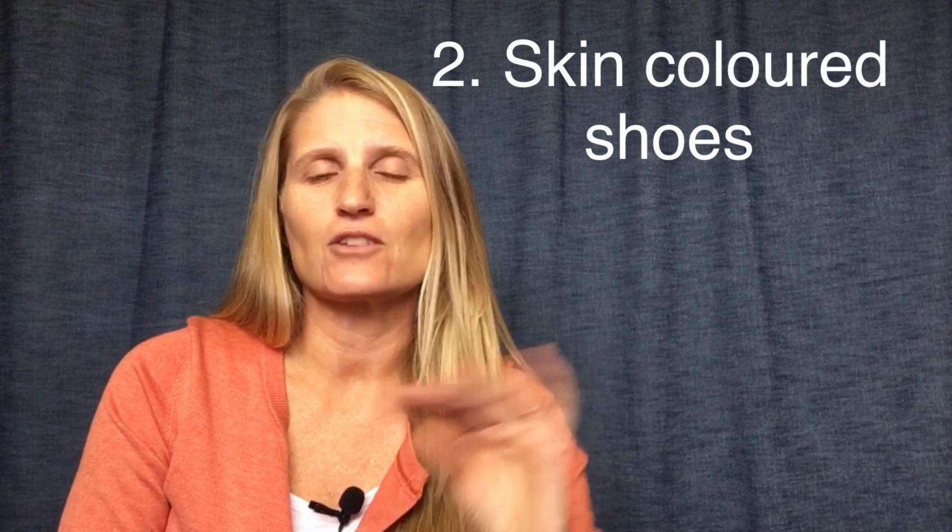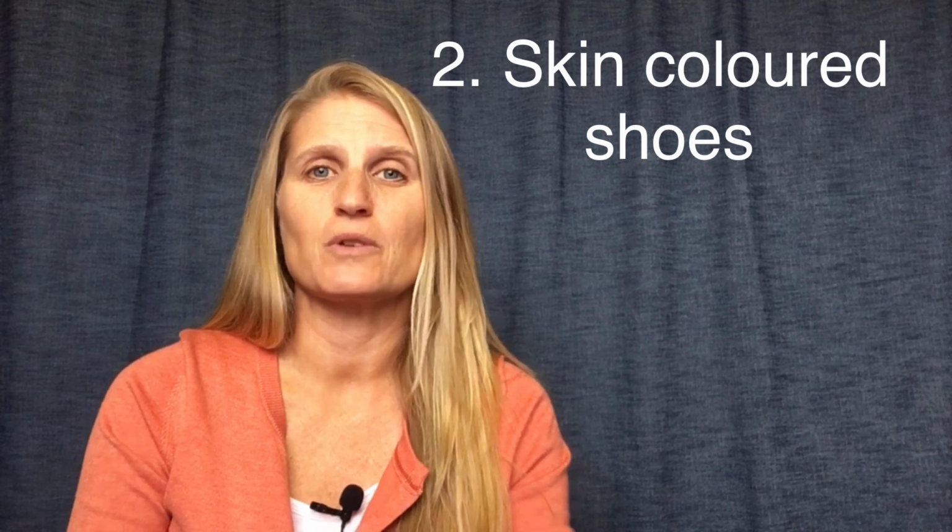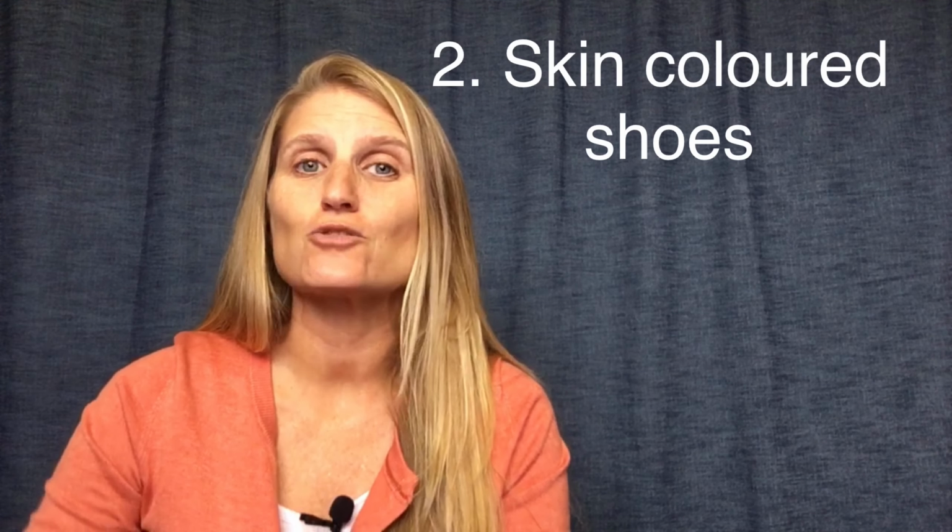Okay, number 2 is skin colored or neutral colored shoes when you're wearing a short skirt or cropped pants makes your legs look longer. Even though I have black shoes in my wardrobe, I find when I put on my neutral colored shoes with a black dress, somehow I just feel better. It feels more classy and it feels like my legs look longer, and I do have shorter legs, so that works for me. Number 3 is a tip that I got from a friend a long time ago, and she